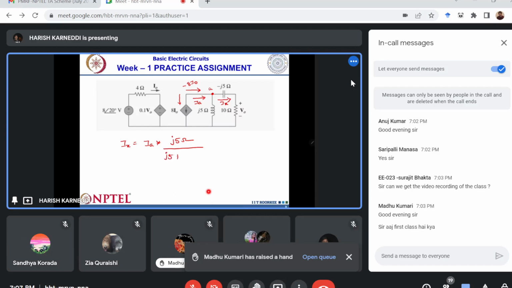J5 ohm plus minus J5 ohm plus 10 ohm. What is the IA here? It is minus 8 I naught. So Ix equal to minus 8 I naught into J5 ohm by J5 ohm minus J5 ohm plus 10 ohm, right? This J5 ohm minus J5 ohm cancel,